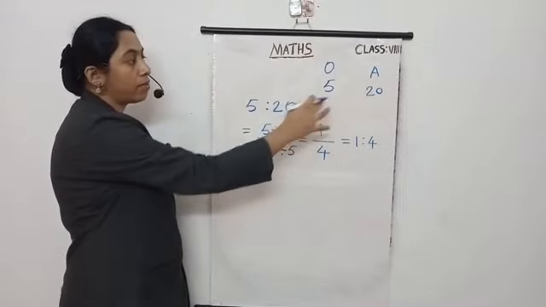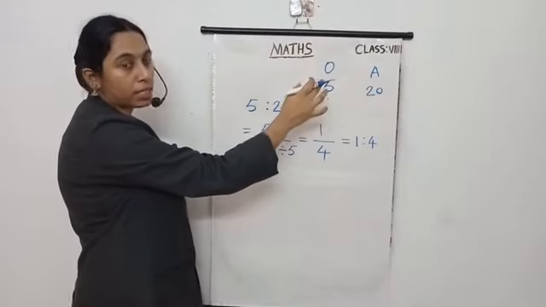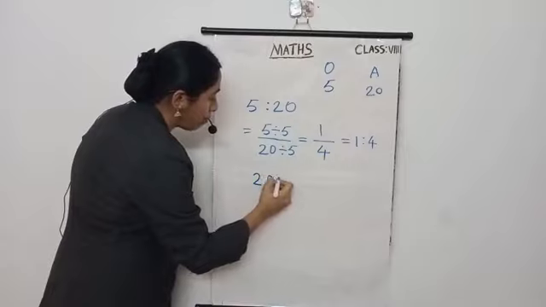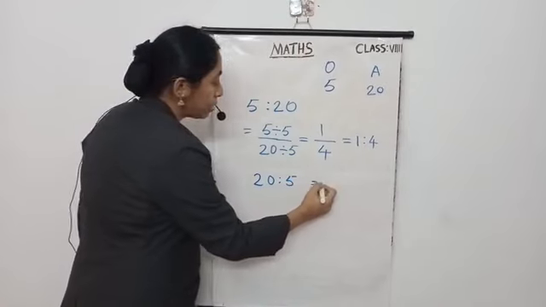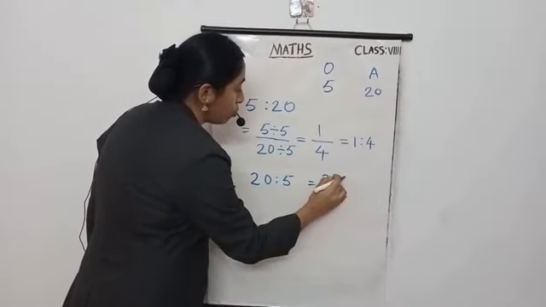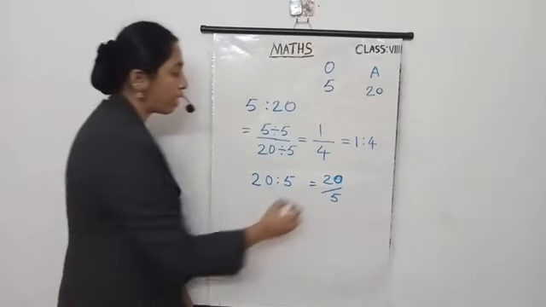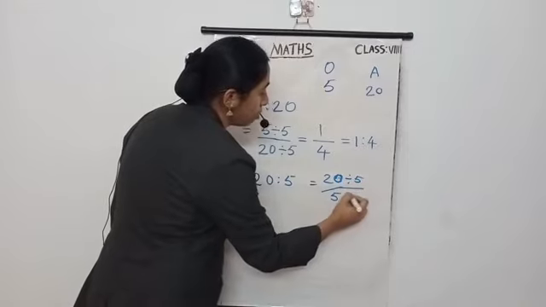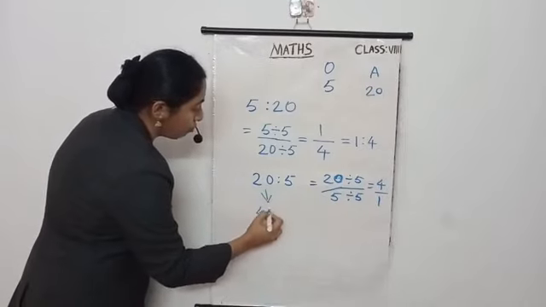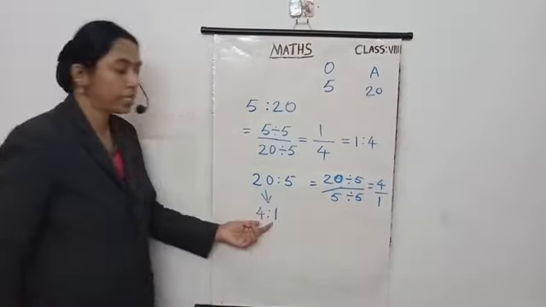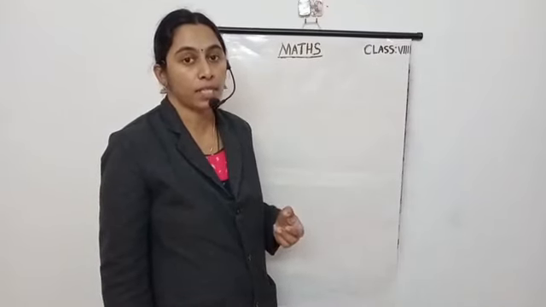In another way we can write its ratio, number of apples to the number of oranges. Then we can write like 20:5. This can be written as the fraction 20/5. These 5 and 20 are multiples of 5, so we can divide both the numerator and denominator by 5. Here we get 4/1, and this ratio is equivalent to 4:1. 4/1 means 4:1. So I just revisited what you learned in 7th standard, that is ratio.